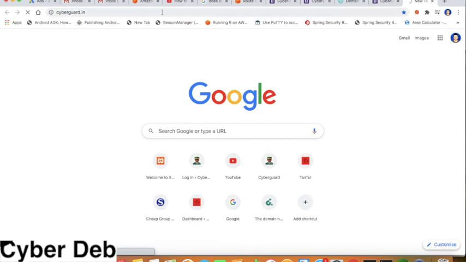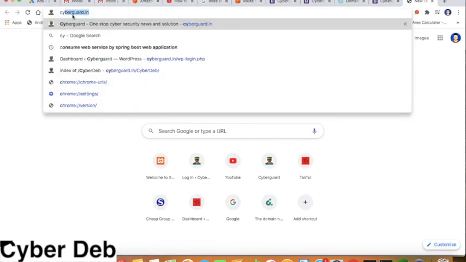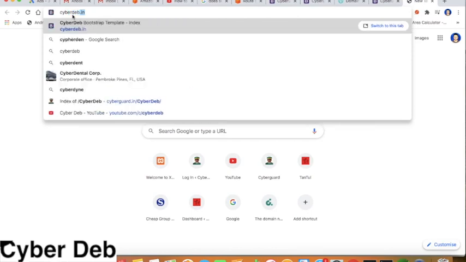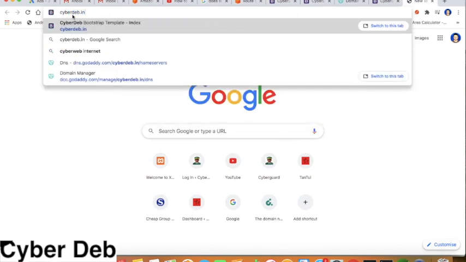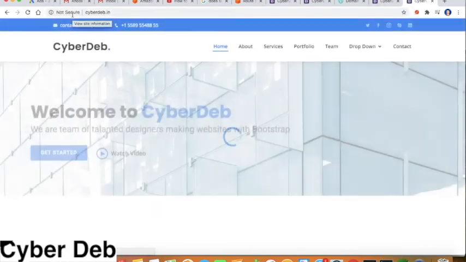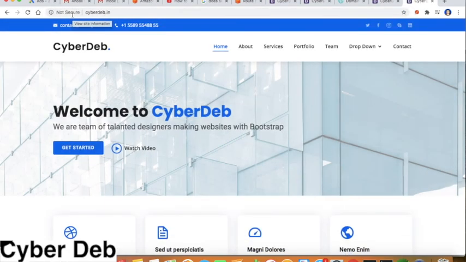Cyberdev.in is the domain name. Yes. So this one you can see recently got created, and very soon the name server is changed, not a redirection. Redirection is something else.